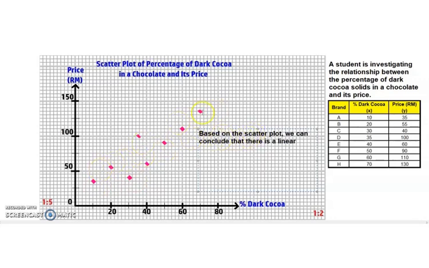And the direction to the right means positive. There is a linear positive. So we must take the direction and the strength. Okay, so just now we can say that there is a moderate. Based on the scatter plot, we can conclude that there is a linear moderate positive, so strength and direction,